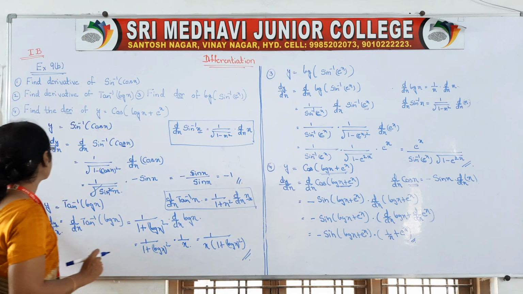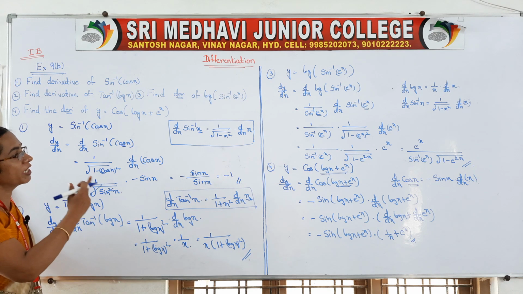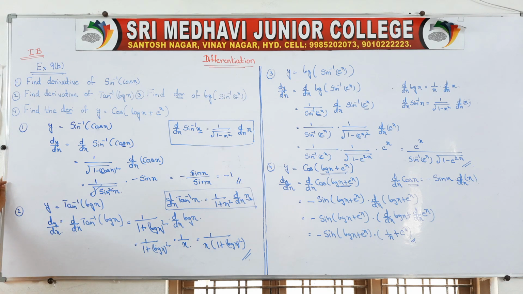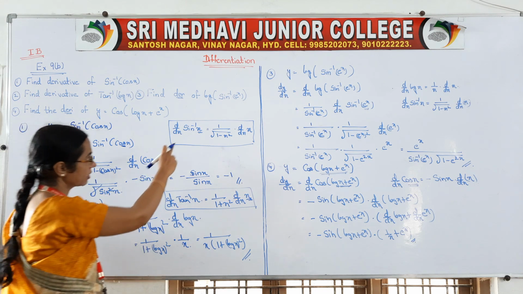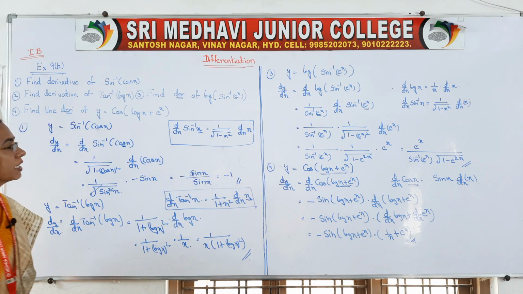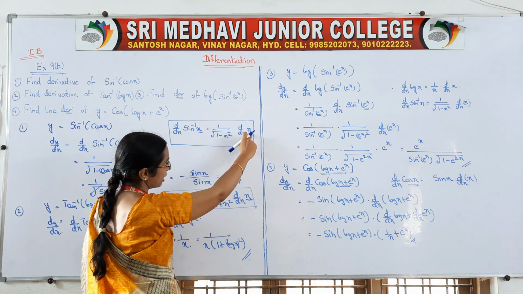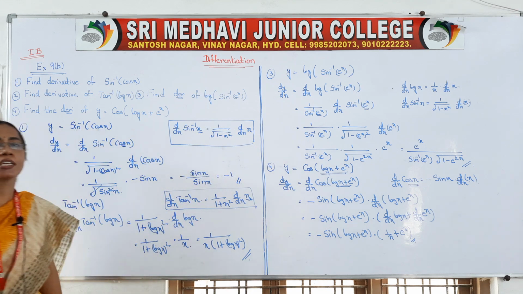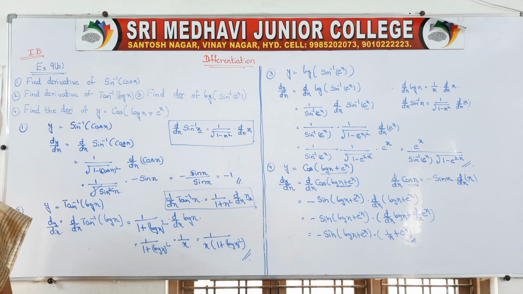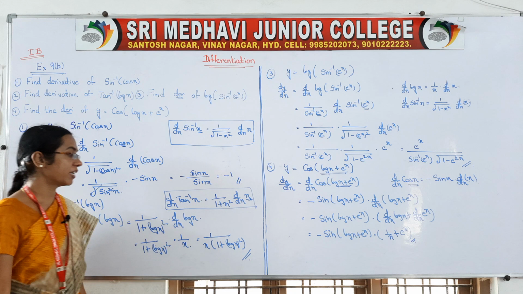Okay, so this is our exercise 9b, some most repeated selected problems. So 4 problems we did today. Almost all are in terms of inverse. So if you are perfect with the inverse formulas, what is this? D by dx of sine inverse x is equal to, you say it 2-3 times, right? D by dx of sine inverse x is equal to 1 by root of 1 minus x square into d by dx of x. That means d by dx of sine inverse of any variable is equal to 1 by root of 1 minus that variable whole square into d by dx of that variable.